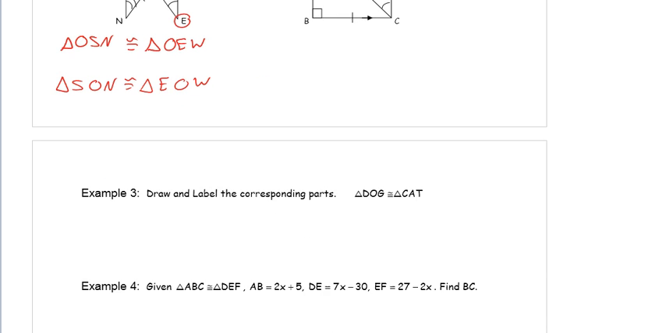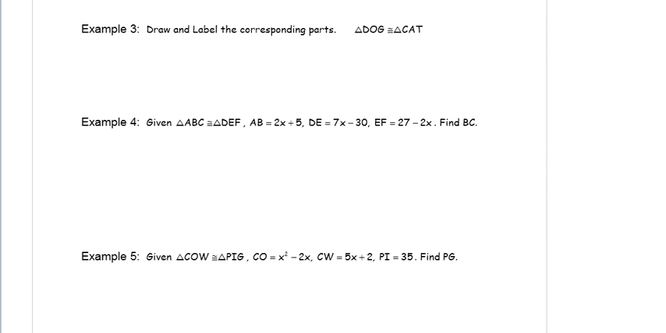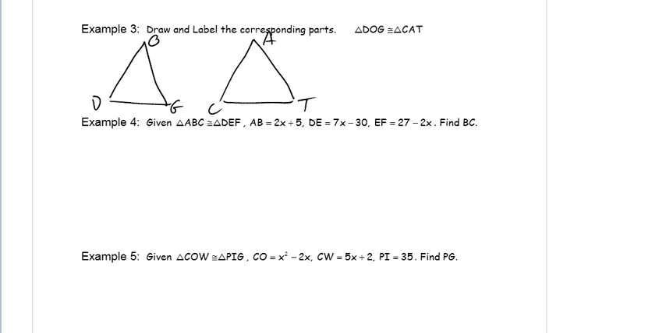Look at a couple more examples here. Draw and label the corresponding parts. Dog is congruent to cat. Okay, so draw. Let's get our triangle DOG, and again, you can label it in any way that you want to, but you have to be sure to go in the same order. So if I go DOG, I have to start in the bottom left and go CAT, so they all match